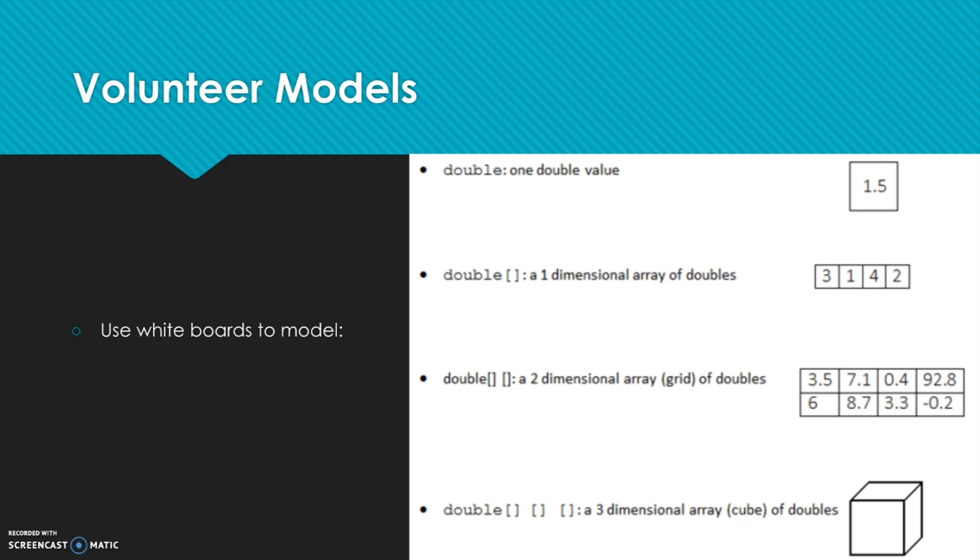Okay, so now we're going to talk about all the different types of arrays, and we're going to go through, for a specific type, a double, how you can build up different arrays going from a single value, right, a double. In this case, it's 1.5. If you wanted a one-dimensional array of doubles, you would use one set of brackets. And then to take that even further to a two-dimensional array or a grid,